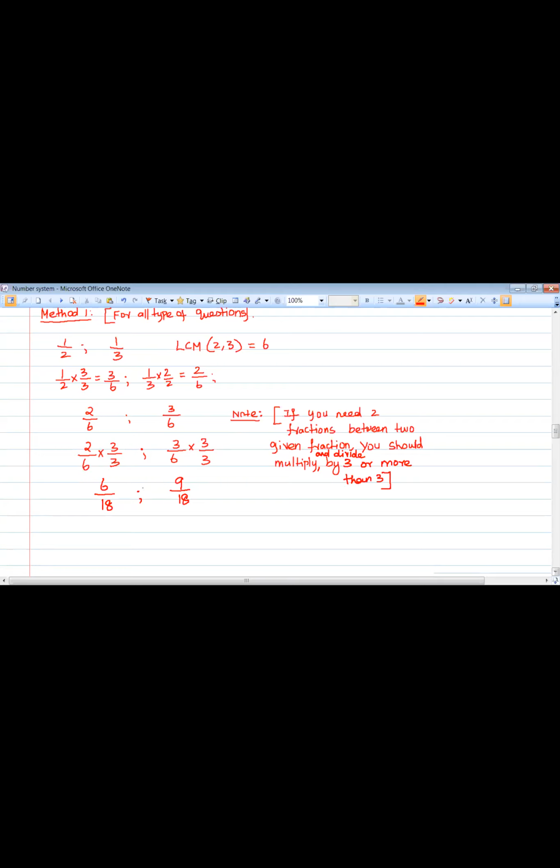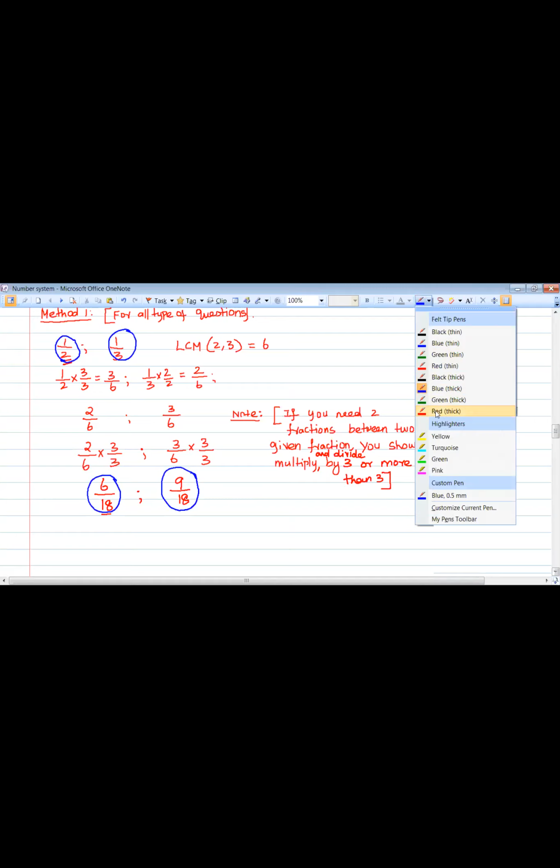So now we converted 1 by 2 into the form of 6 by 18. Everyone try to understand, we converted 1 by 2 into the form of 6 by 18. Am I right? And we converted 1 by 3 into the form of 9 by 18. You can multiply by 3 also. Suppose you ask, sir, if I multiply by 2, what will happen? That also I will tell you. Now let me explain the right answer.